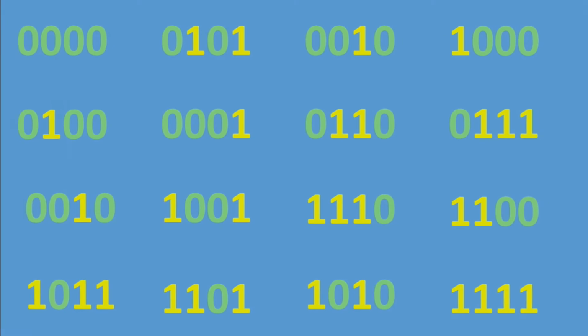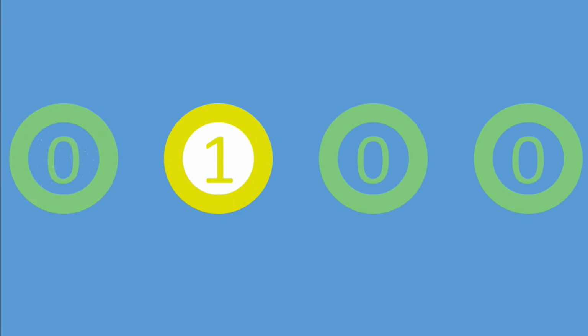For example, let's take a sequence of 4 bits. Conventionally, this sequence can only be in one of 2 to the power of 4 or 16 combinations. However, since each qubit can be both 0 and 1 until measured, the qubit sequence can be all of those 16 combinations at once due to a property called quantum superposition.